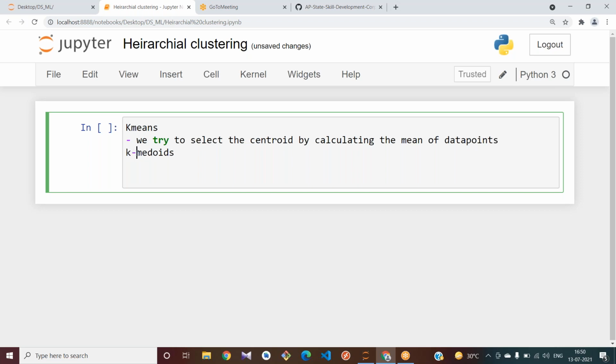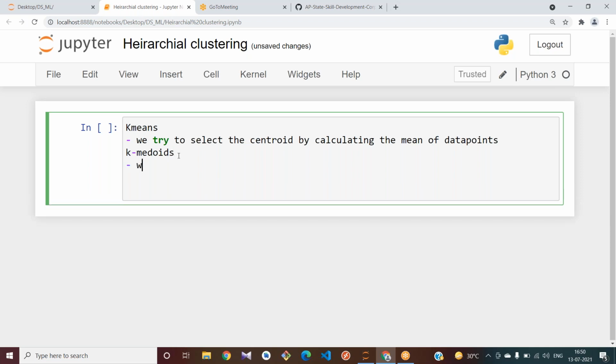It is just the same as k-means, but in k-medoids it selects one data point from the given data set. The process that you learned yesterday will be applied to both k-means and k-medoids.